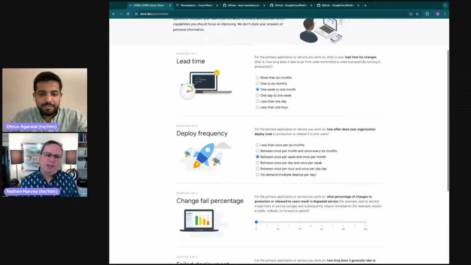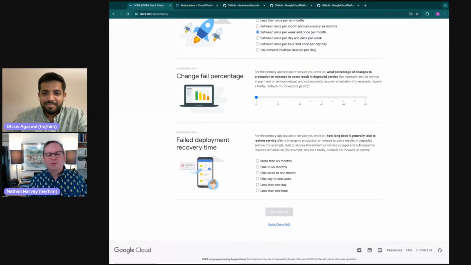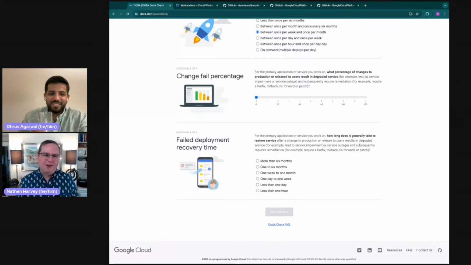Next up, we have 2 metrics on stability. So we had throughput. We also want to make sure that we're making stable changes to our environment. The first one is the change fail percentage, or what I like to call the expletive rate, because this is what happens when you push a change to production and you or someone around you shouts out an expletive. Maybe we shouldn't have pushed that, or maybe we need to pull it back or push forward a hot fix, right? So what percentage of the time does that happen?